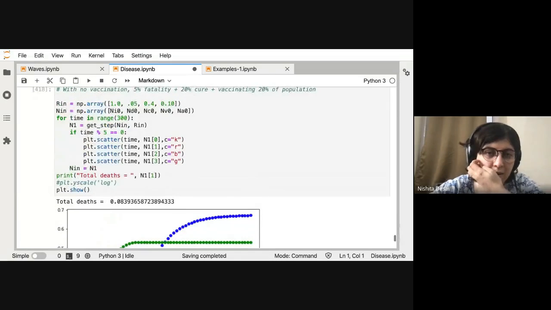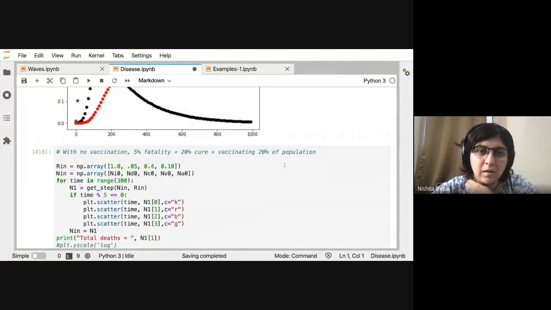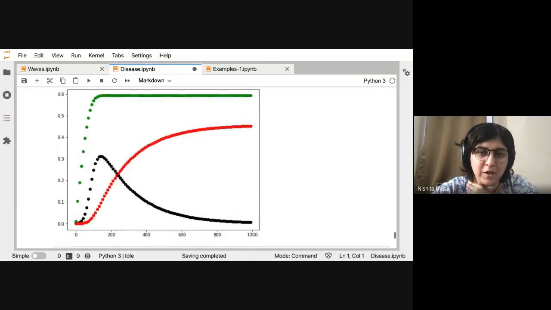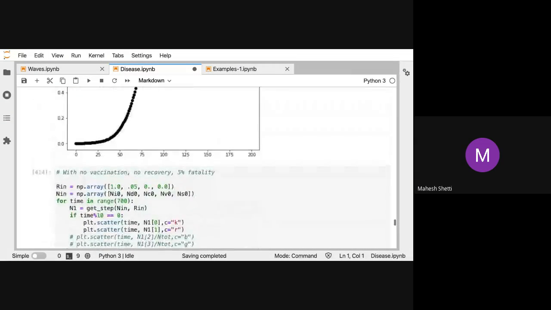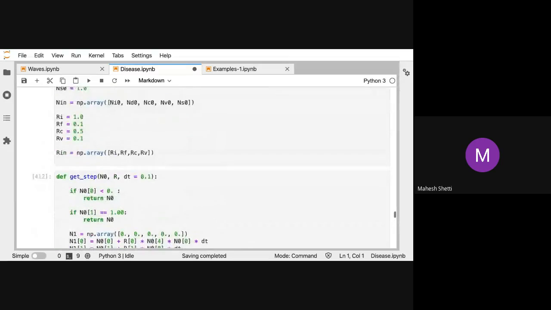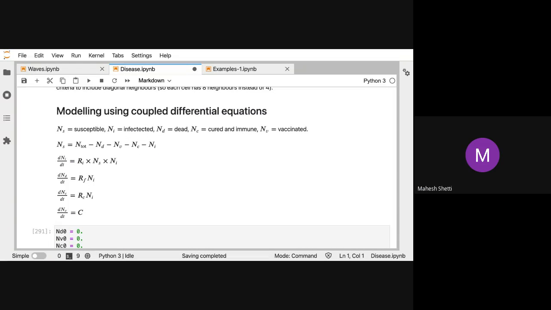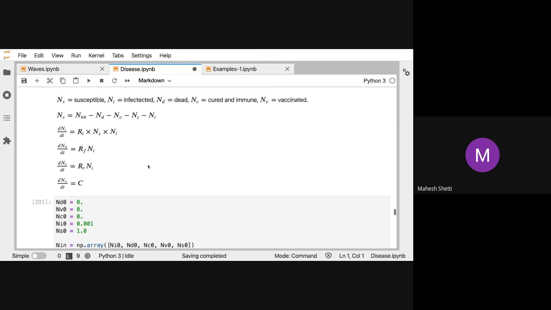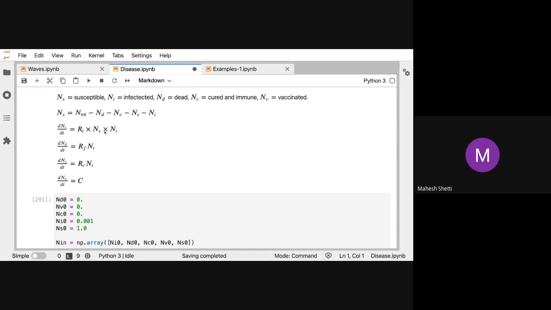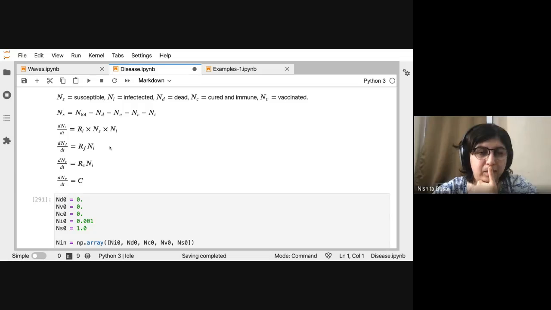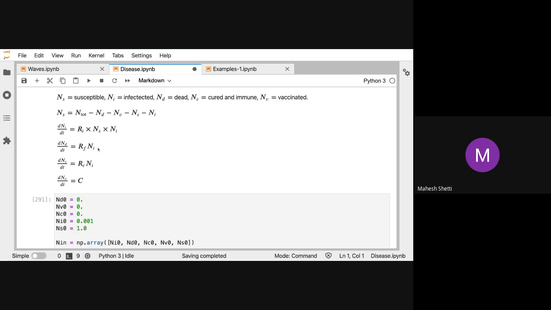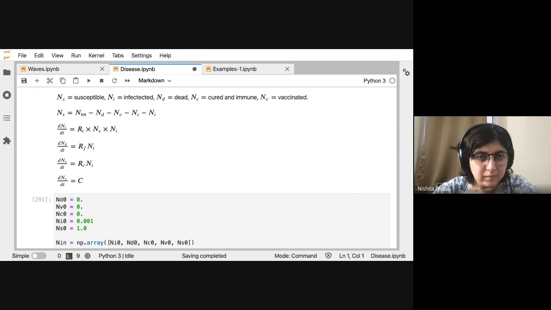Yeah, so you were saying something about seeing the differential equations? Differential equation. So here the rate of increase of infected people depends on susceptible and already infected. Okay. Yes. And this rate of this RF we have made 1, right?